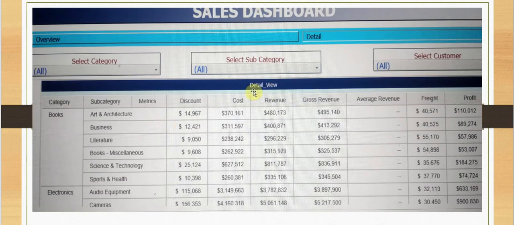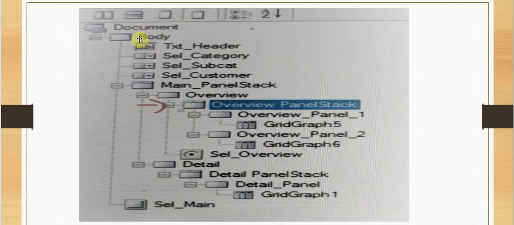The next will be the detail tab, which will contain the detailed description. Here is the detailed one. So our structure will be, inside the document we'll have a body, there will be text header, there will be 3 selectors for category, subcategory and customer. There will be main panel stack, inside which we will have overview panel and detail panel. Overview panel will have overview panel stack with overview panel 1 and panel 2, which will have the grid 5 and 6 inside them. The detail panel will have a detail panel stack inside, a detail panel and a grid